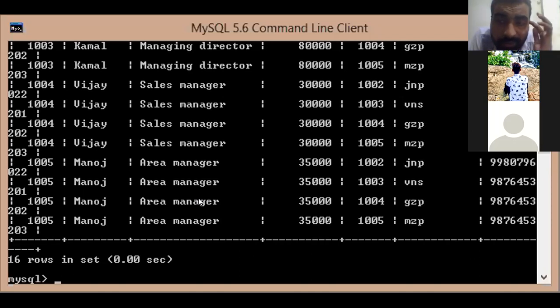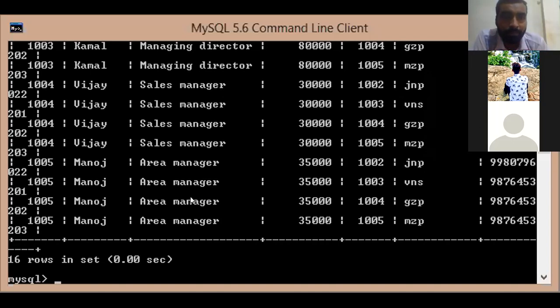Yes, understand. For one record, 4 rows have been added. From the second table, 4 rows have been taken, and plus 3 columns also have been added. That is 4 columns of first table and 3 columns of second table. So total number of columns 7, and total number of records 16. One record is displayed 4 times.